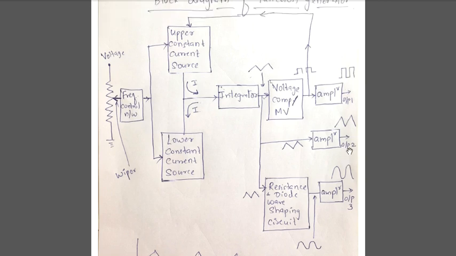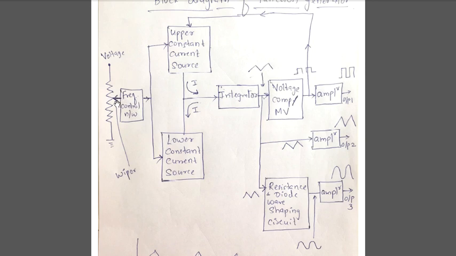Now you might ask a question: okay, these functions are generated fine, but how do I change the frequency? Please understand, I have already shown you that this is a frequency control network. Where is this connected? This is connected to the knob externally on the front panel of the function generator, where frequency is written. So if you change the position of the frequency knob from outside, internally the position of the wiper will change.